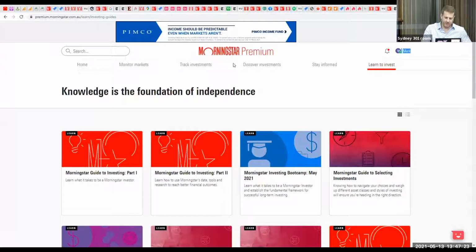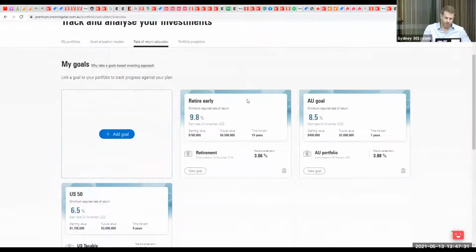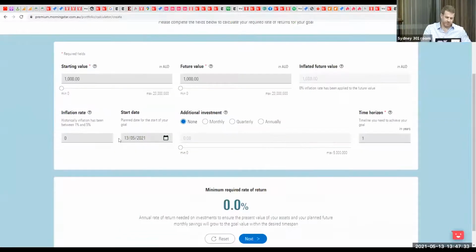Do you mind a quick rerun through the steps using the website to discover the right mix of investments based on the goal setting, so it sticks in my mind? Yeah, absolutely. So what we want to do here, and I should have been better at this. All right, the first thing we're going to do is go to track investments. We go to rate of return calculator and we set a goal. Same thing we were doing here, and we come up with a required rate of return. I'll just make one up. All right, you're probably not going to get 900%, but all right,